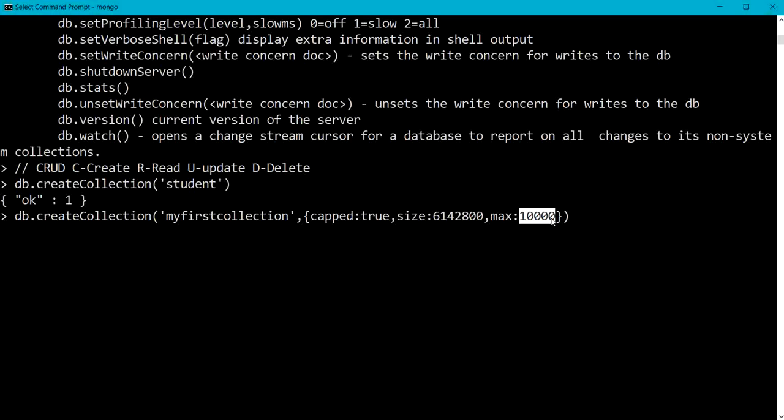I'm going to create the first document. That is a record in terms of a relational database management system. So yes, my first collection is created. I have got the message, okay, 1. Now we need to remember MongoDB shell supports JavaScript. So here the documents will be specified in JSON format.